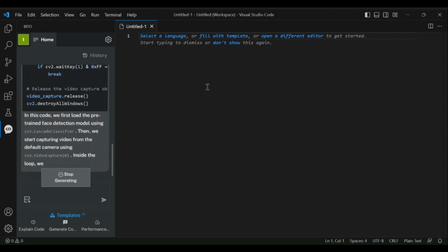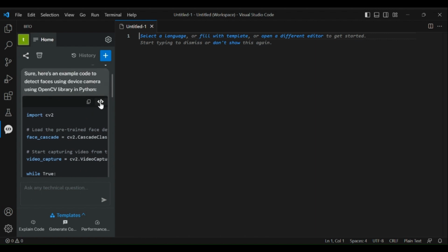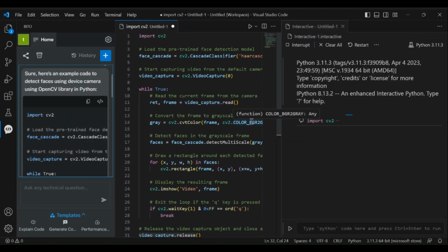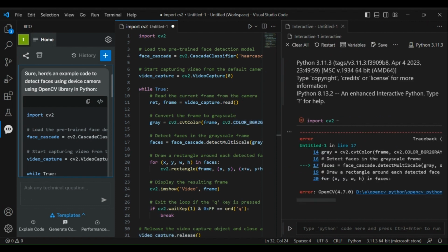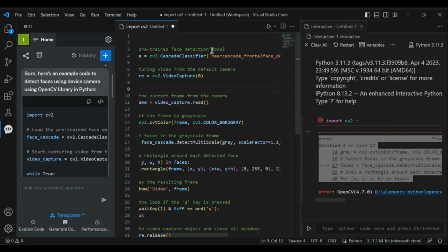It will take some time for code generation. Now insert this code into a new file and run the code. Wait for some time to let the code compile and run. We see that an error message is generated. This error is generated because there is no